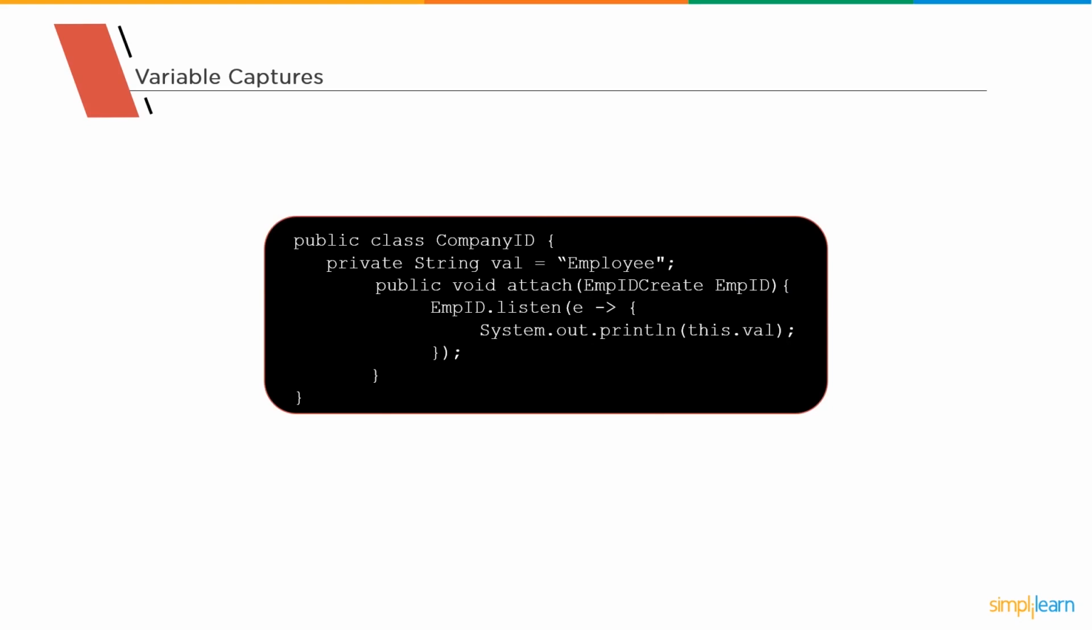Notice that the reference to this.val inside the Lambda body captures the name of the instance variable of the enclosing company ID object. It is even possible to change the value of the instance variable after its capture, and the value will be reflected inside the Lambda. The semantics of this is actually one of the areas where Java Lambdas differ from anonymous